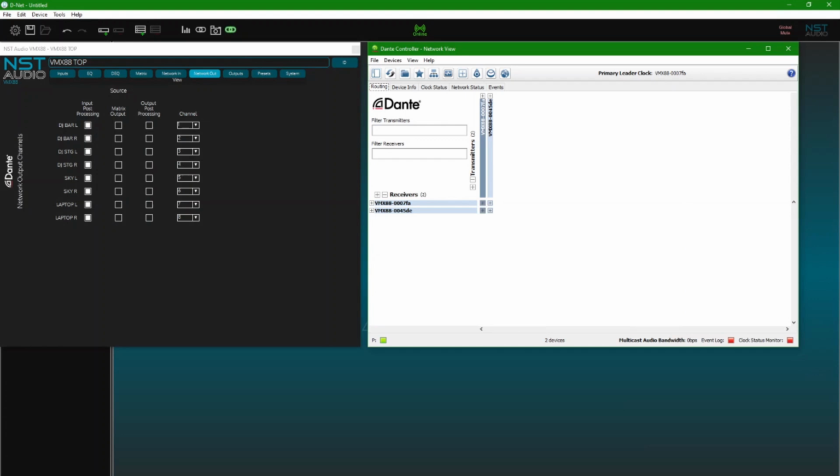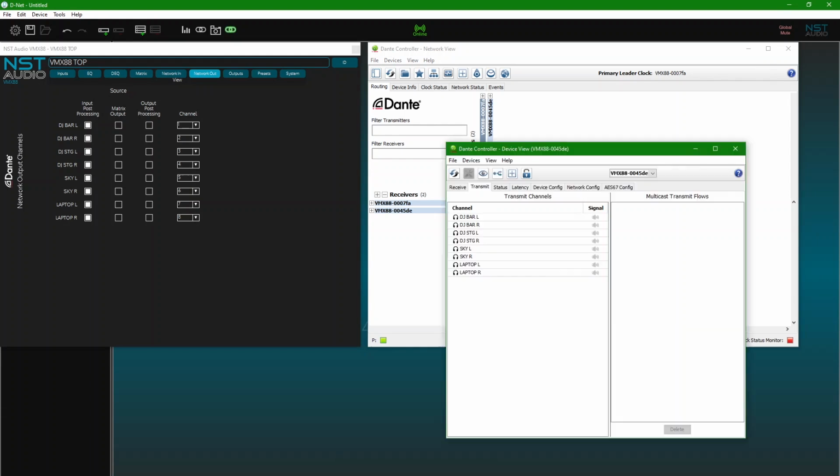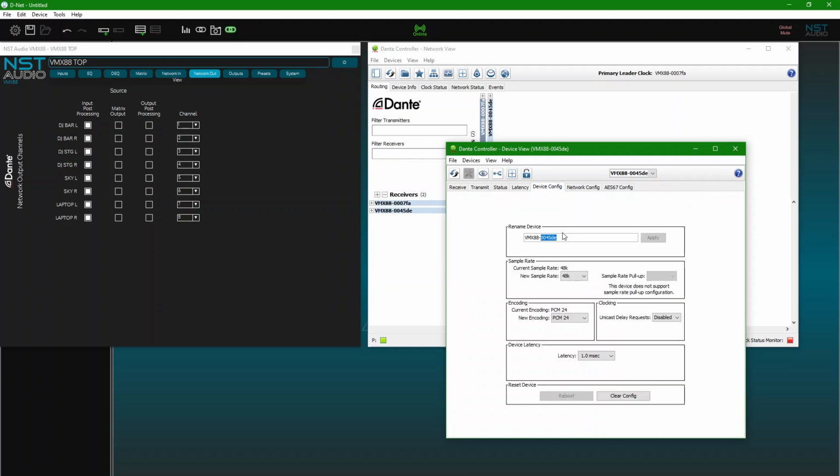We would also suggest renaming the VMX interfaces in Dante Controller to match those in DNet. This name is not automatically reflected across, so select the Device Config tab in Dante Controller and double-click on the name to change it. A warning will appear, explaining that changing the device name will break all routing. This is fine, as we have not started routing the units to each other yet.